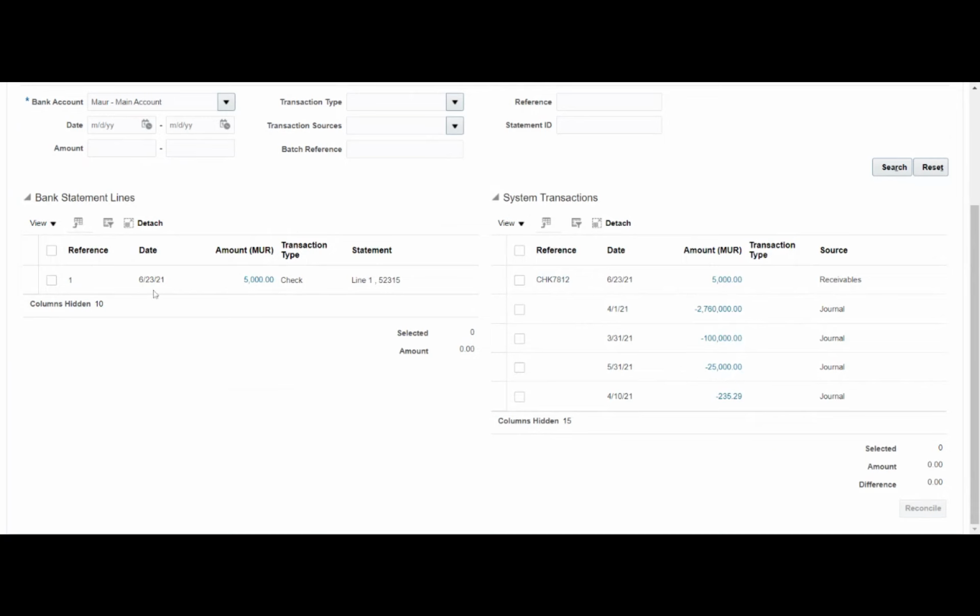So this is ours, and since this is manual reconciliation, I can just select the respective reference number and select it. In case of automatic reconciliation, the system will have to understand how this particular reference will be linked with this reference. Unless both are the same, if I have done the automatic route, this will not get reconciled because the reference number here and the reference number here is different. So we should always make sure both are the same. Okay. So I have matched it. So I'll say reconcile.